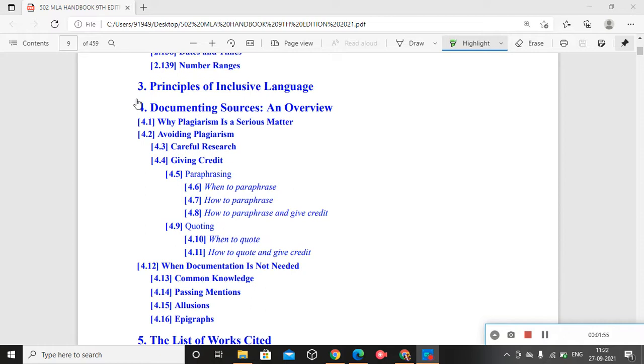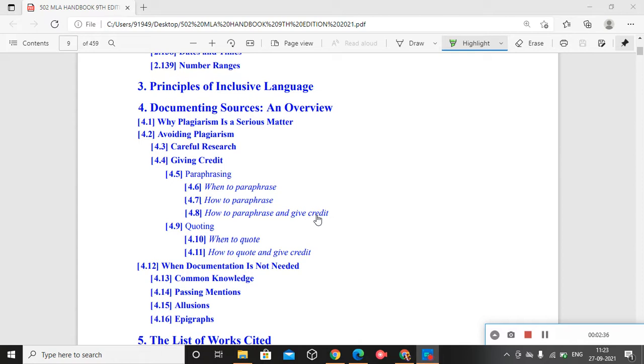The third part is the principles of inclusive language. Without hurting others, how to use the language. That is the crux, the major point behind that chapter. We always talk about euphemistic expressions. For example, instead of die, you use pass away, to make it more mild, to avoid the shock behind that term, or the shock that follows the term.